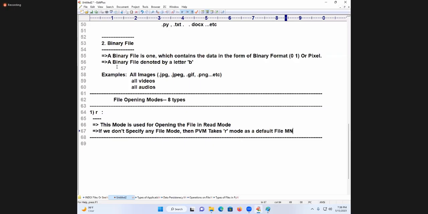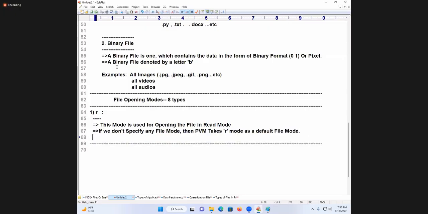Are you able to follow? If we don't specify any file mode, then PVM takes R mode as a default file mode.